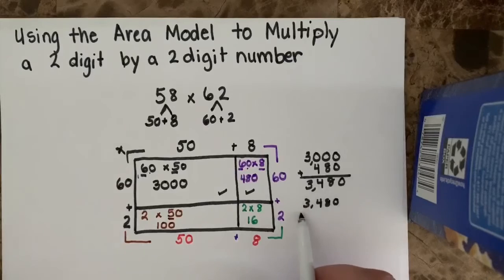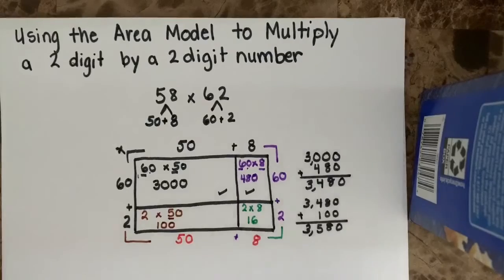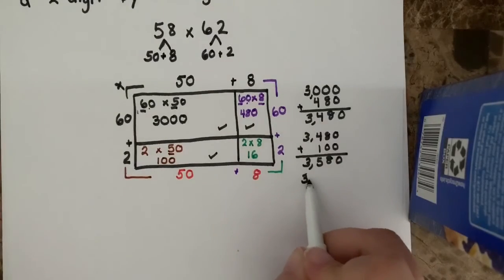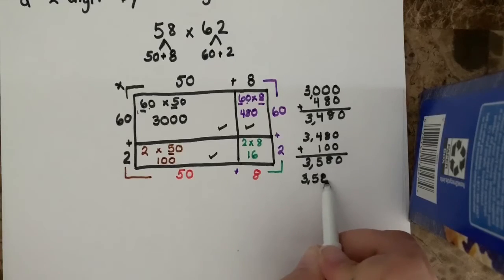So I have 3,480 plus 100, which is 0, 8 tens and 0 tens is 8 tens, 4 hundreds and 1 hundred is 500, and 3,000 plus 0 is 3,000. And I'm going to check off that box to show that I added that part in. Now I'm going to add in this final box. So I've got 3,580